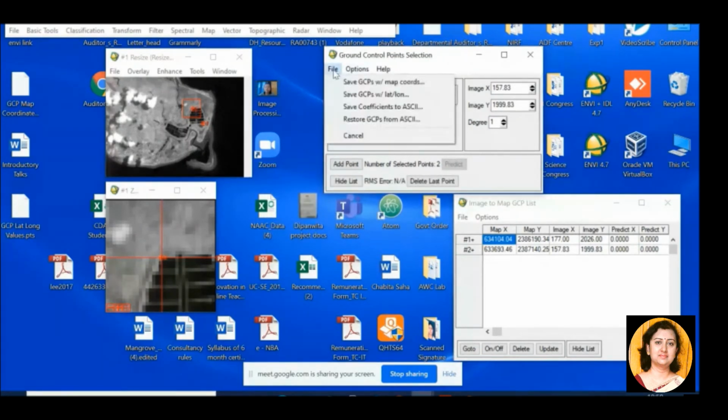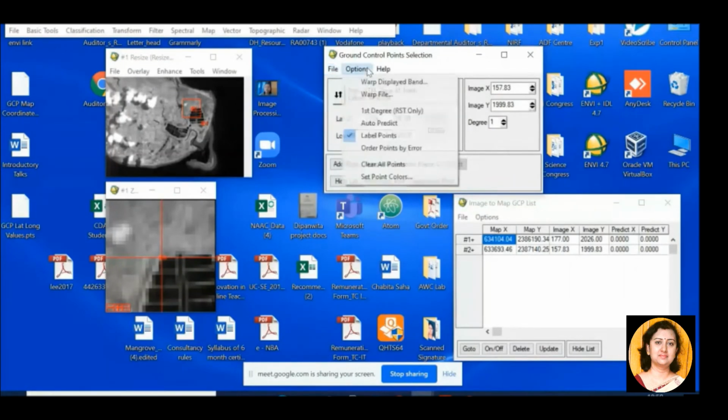So go to options. What was the next step? The next step was to find the correction technique, isn't it? So there are two options over here: warp displayed band and warp file.